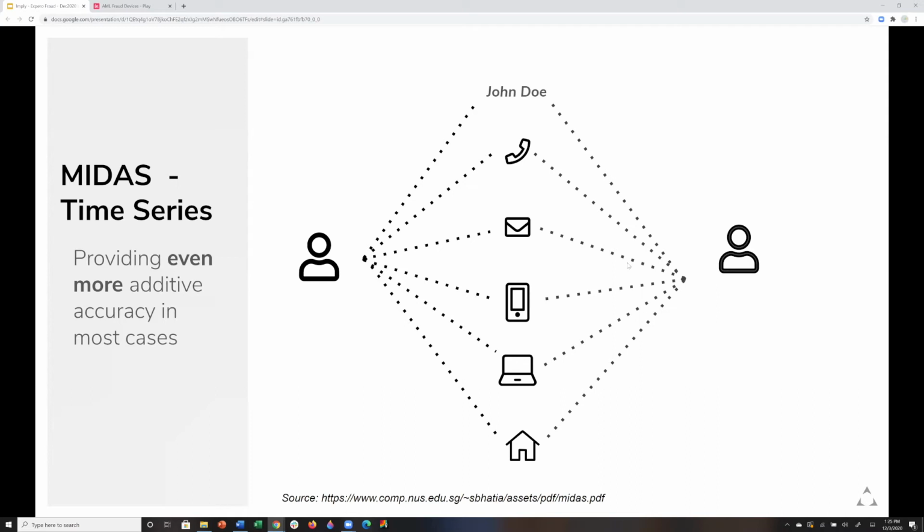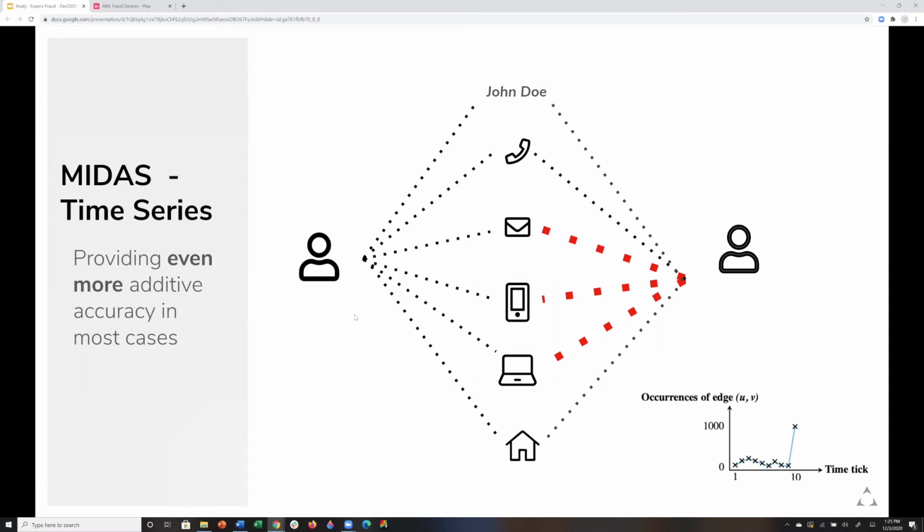So on the next slide, suppose, for instance, I have shared features that all come in very, very tightly in a tight time frame, right? That, in addition to the connective tissue of the graph, tells me that all of a sudden I've got connections that are happening all in a very short time frame. So what the Midas paper, for those of you who want to go back and read it, suggests is that another very powerful input feature is the time with which these connections are made within the graph, right?